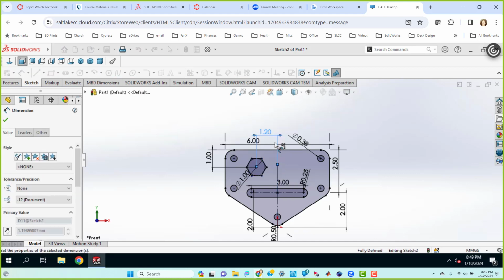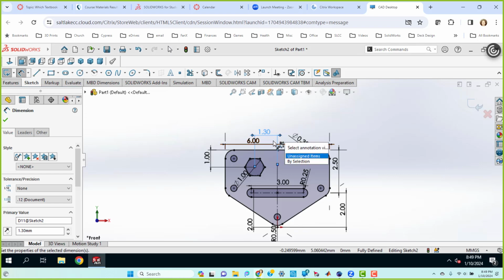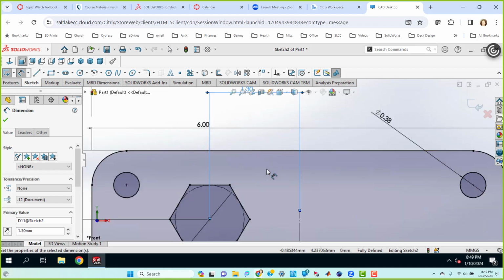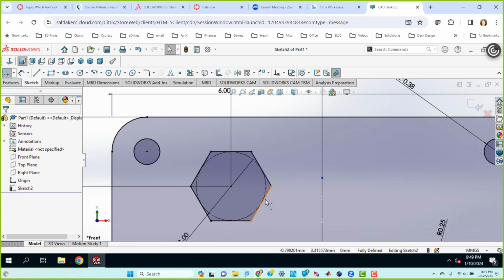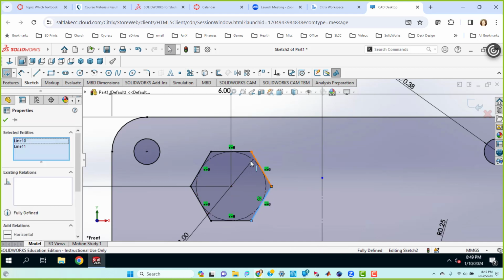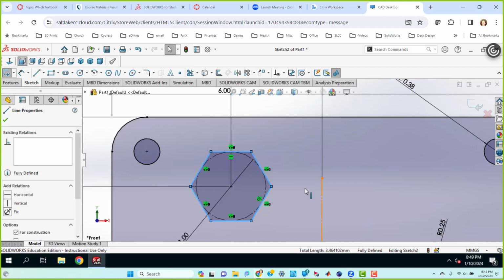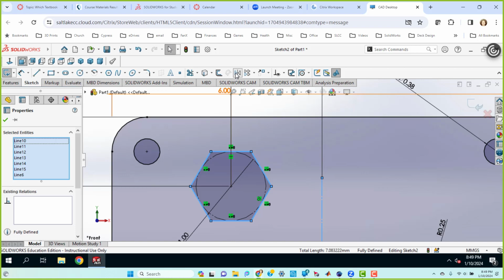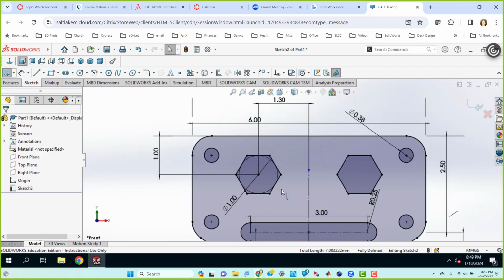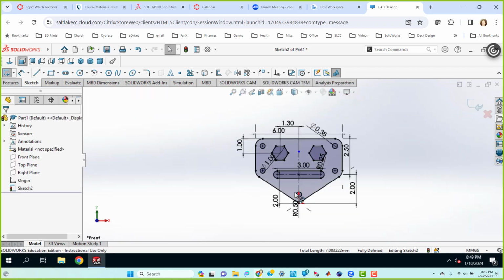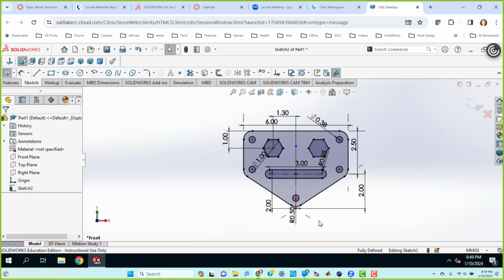Okay, and that's a 1. Okay, so, but we're supposed to have 2 of them. So I'm going to grab these 6 lines, and this line here, and come up here to this and mirror it. Oof, there we go. And then